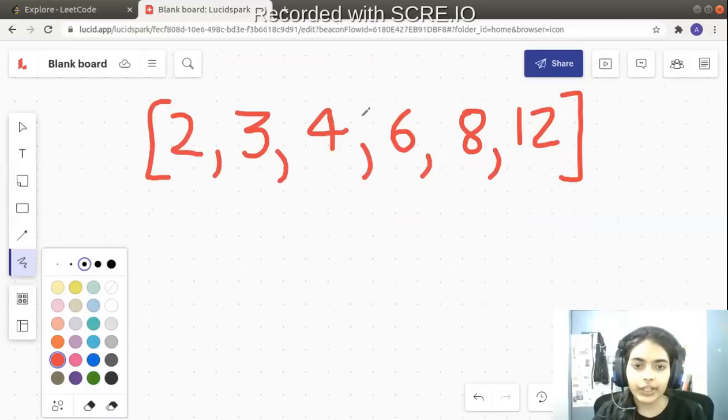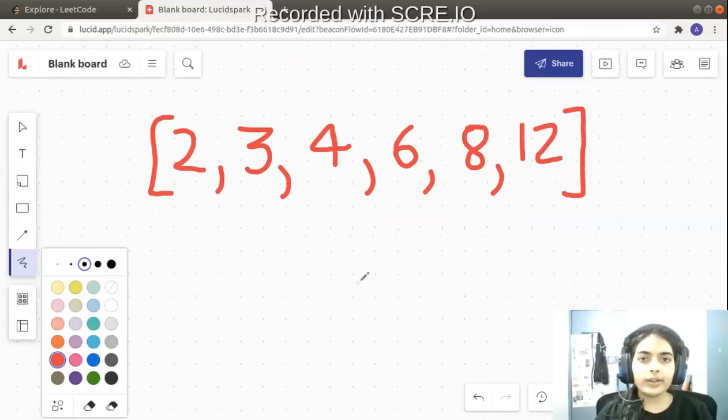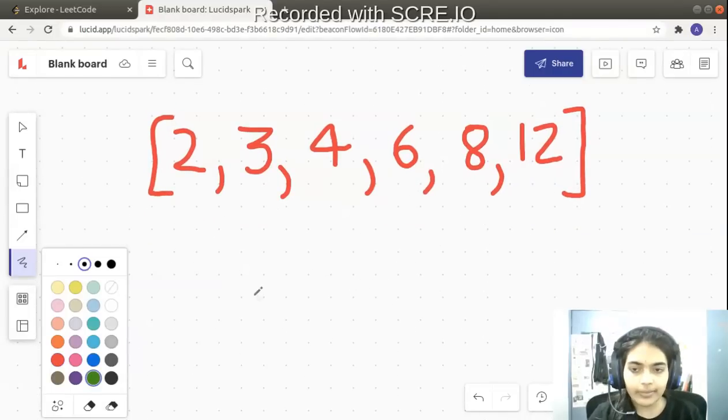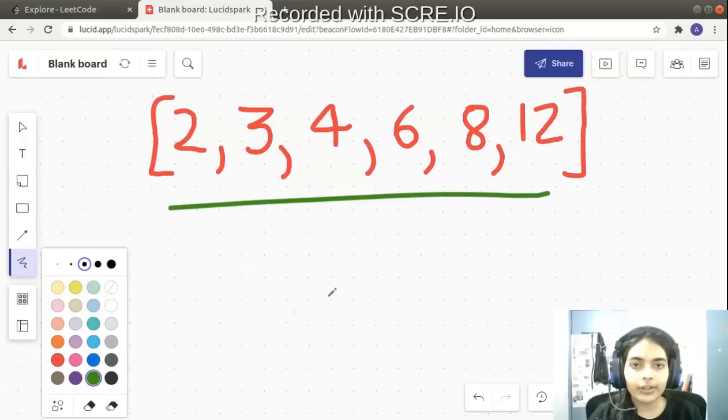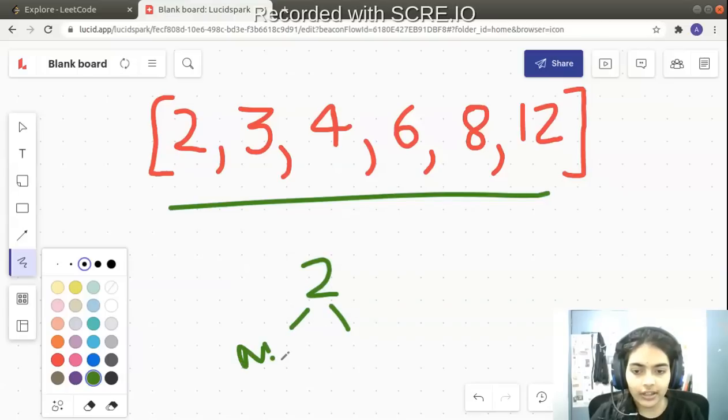So let's try to take this particular example. First, let's try to take the simplest binary tree that we can form. Using all these numbers, we can at least form one binary tree each. Because for example, take the number 2. With 2 as the root node, you can form a binary tree which has no children, or both its children as null. So this is an accepted binary tree, and you can make this.